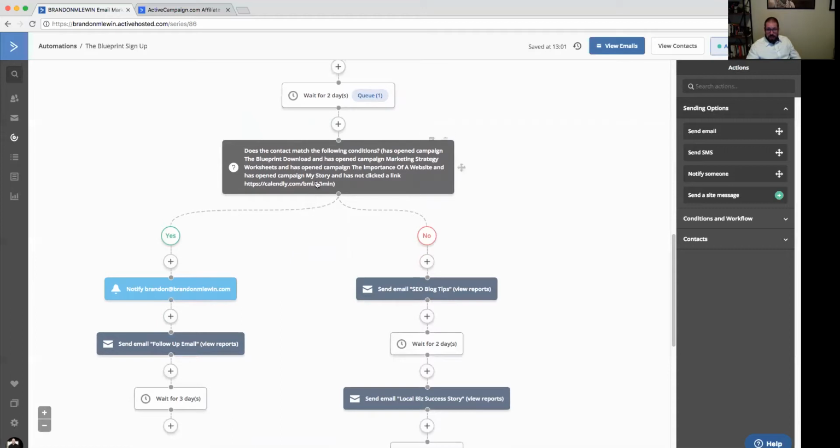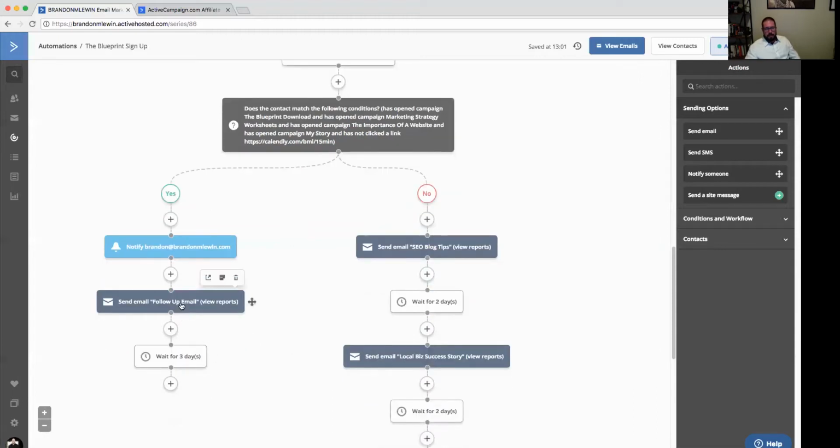This is like, if they actually hit there and they click, I get notified. I know right away that they've done that. And then if they have not scheduled appointments, then they'll get a follow-up email, because they clicked on it to go schedule an appointment, but they actually didn't fill out the form. So I still get notified. I'm like, hey, ding, ding, ding, this person went here, they clicked, they're interested, obviously, but they have not filled out the form. So if they haven't filled out the form, you send a follow-up email to them